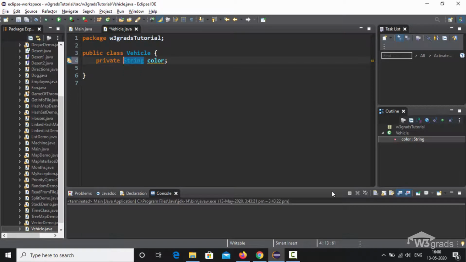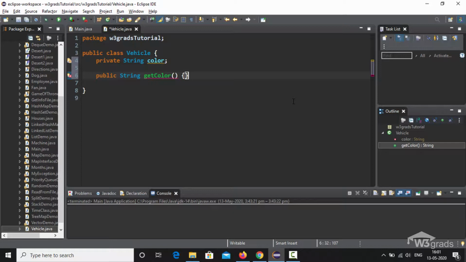After this we will define our get method to allow limited access to the variable. This method will help in reading the value of the instance variable. So, just below the string variable declaration, we will type public String getColor followed by parentheses and a pair of curly braces. Now, you must be wondering, why have we declared the method as public? Well, the reason is that we are enabling the other classes to read and write values of the color variable through methods, so they must have global accessibility. Therefore, getters and setters are declared as public.